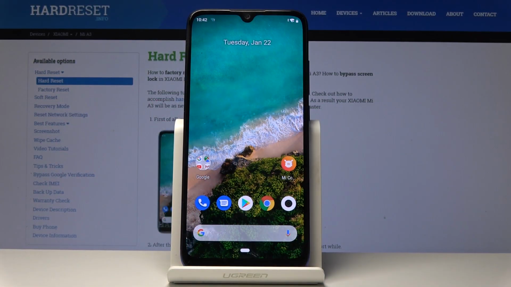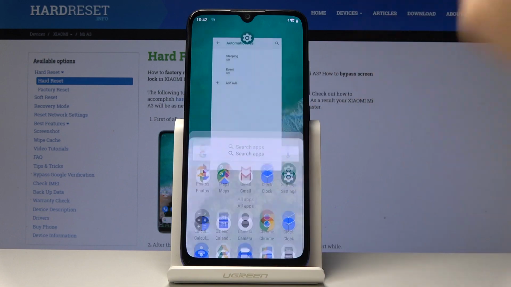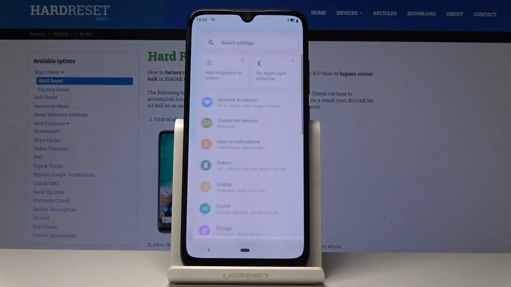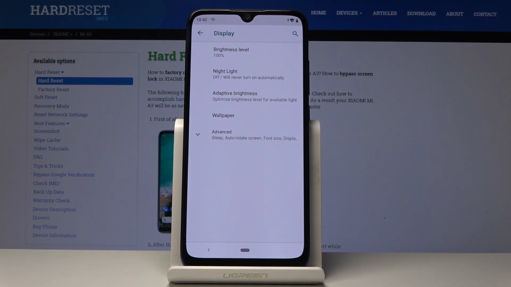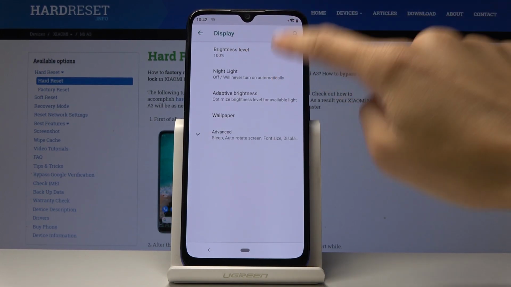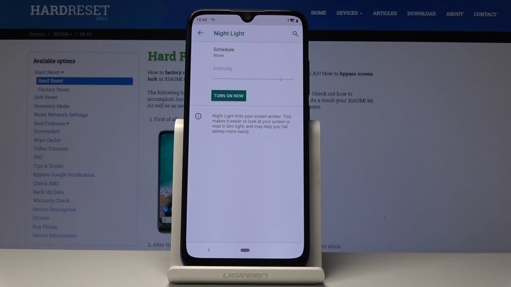Here I've got Xiaomi Mi A3 and let me show you how to activate night mode on the following device. So at first, let's open list of all applications, then find and select the settings, locate and open display, and here you will notice Nightlight. Simply click on it, and now you can activate it by clicking on turn on now, and then you can